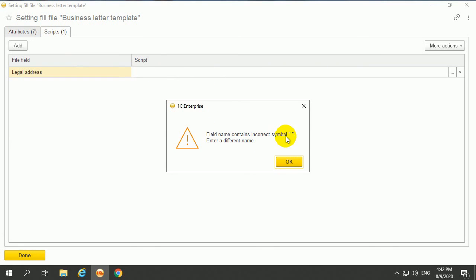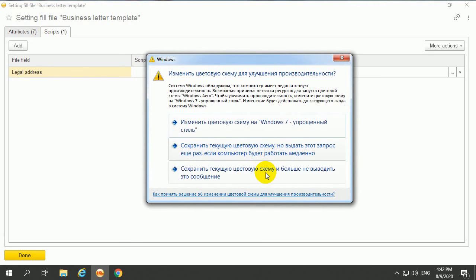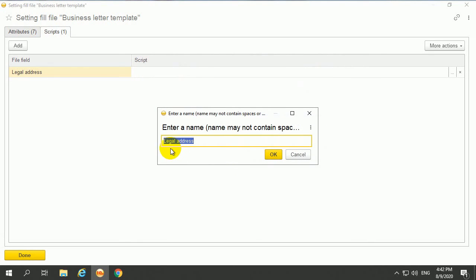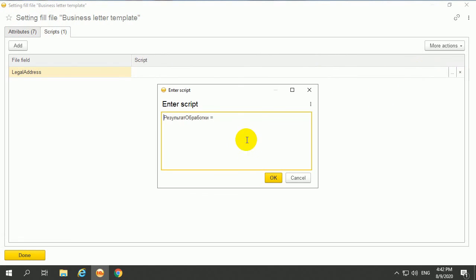Field name contains incorrect symbol, enter different name. The name of file field can't contain the gaps. Legal address. Okay, press there, enter the script,